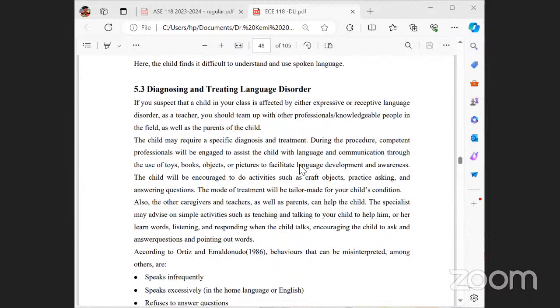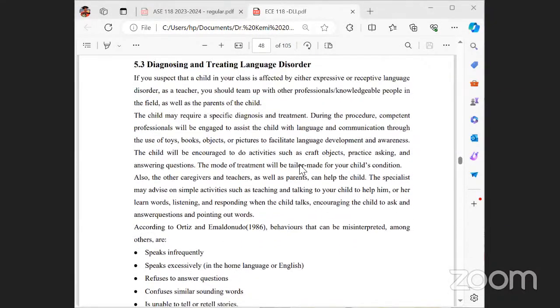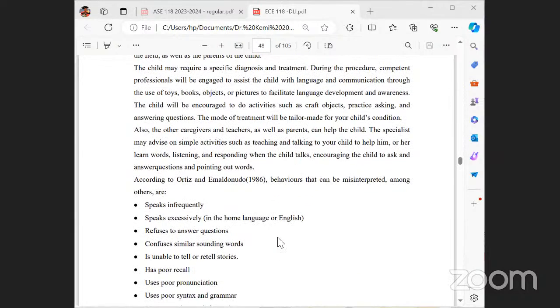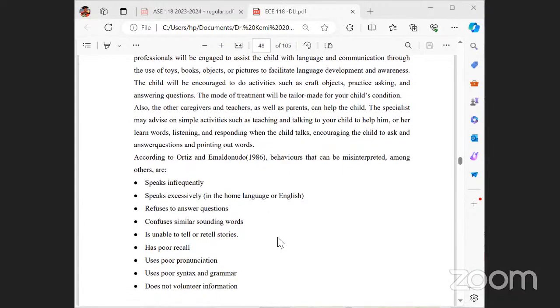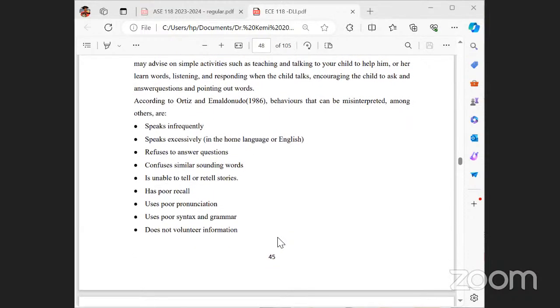You as a caregiver or as a teacher will be involved in helping this child to overcome this challenge. So we have behaviors that may be misinterpreted as language disorder. According to Otis and Emadunudu, behaviors that can be misinterpreted, among others, are failure to speak fluently, speaking excessively in the home language instead of English, refusing to answer questions,